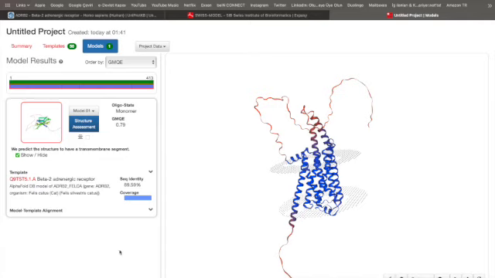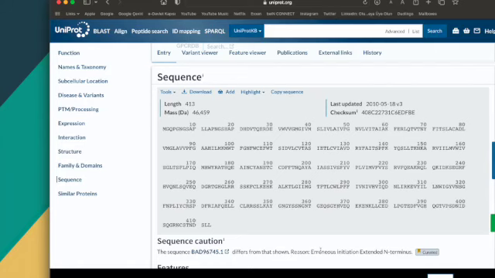In the next video I'll be explaining template-free protein prediction, and then we will compare them with each other, so we can see if they're similar to each other or not. So next, let's look at how we are going to predict a protein structure with template-free modeling. For that, we are going to use